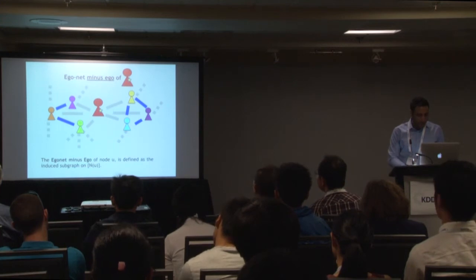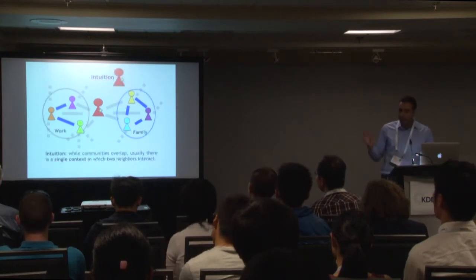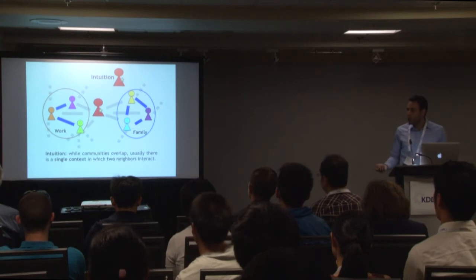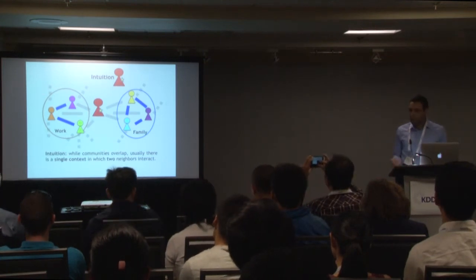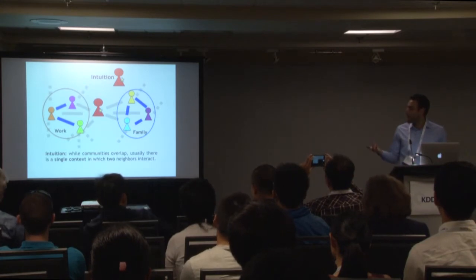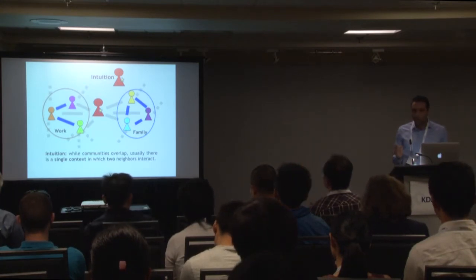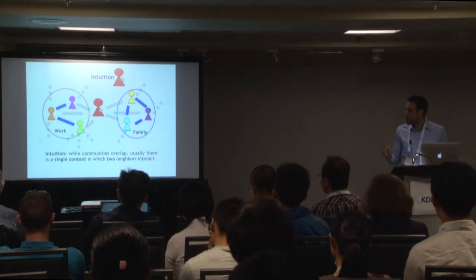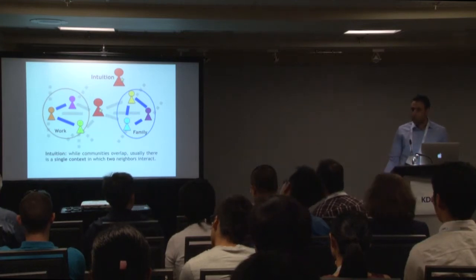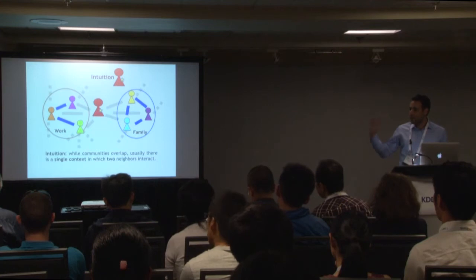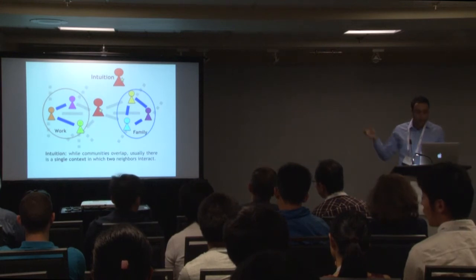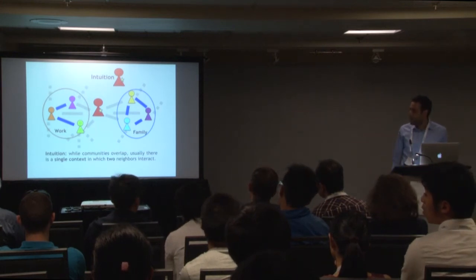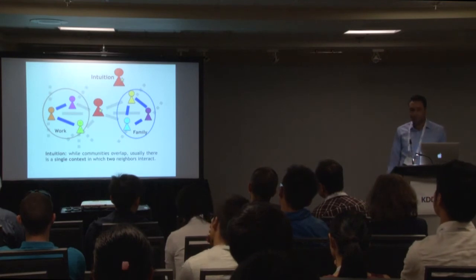Now we have these two definitions. Why is this interesting from the point of view of graph clustering? The reason is that if you look at this slide, you can see that at the level of the ego network of a node, so the egonet minus ego, please remember it's the egonet minus ego, it is very easy to find these two clusters. You can even use, in this case, the connected component algorithm, and you will find two groups of nodes that are completely disconnected among themselves. And you can imagine that perhaps these are the work community of this node and the family community of this node.